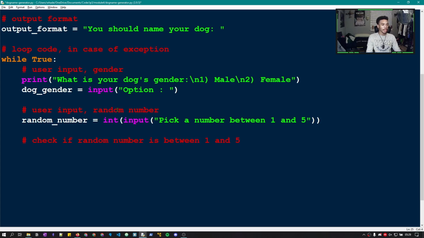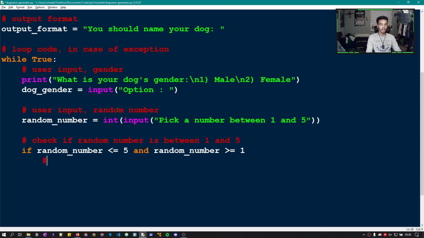So we can say if random number is less than or equal to 5 and the random number is greater than or equal to 1, then we can